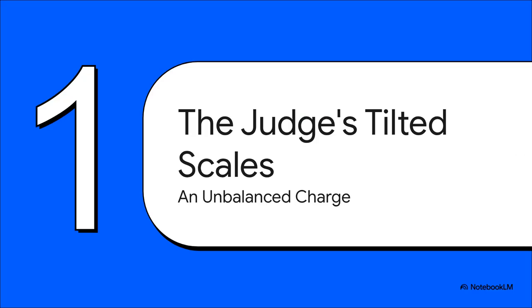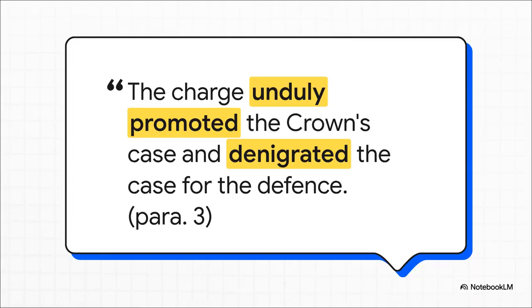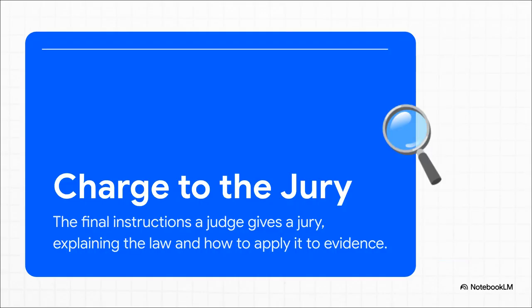Well, the appeal court pointed the finger squarely at one person, the original trial judge. They found that his actions didn't just tilt the scales of justice, they basically pushed them right over. I mean, this one sentence from the appeal court says it all. It's the smoking gun. Think about how devastating that is. The judge didn't just make a few mistakes. The court found he actively pushed the prosecution's case forward while at the same time ignoring and even insulting the defense's case.